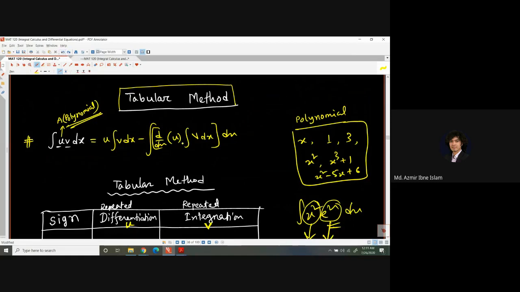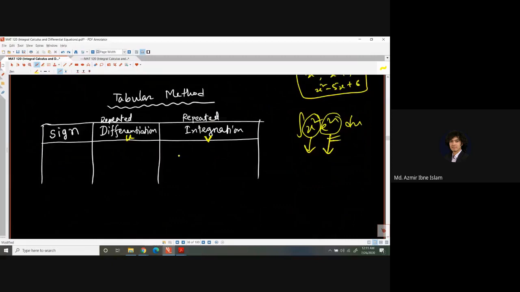Okay, so let's get back to here. In this part we have to place u, and here we have v. And the first row will always start with a positive sign. So in the next row,